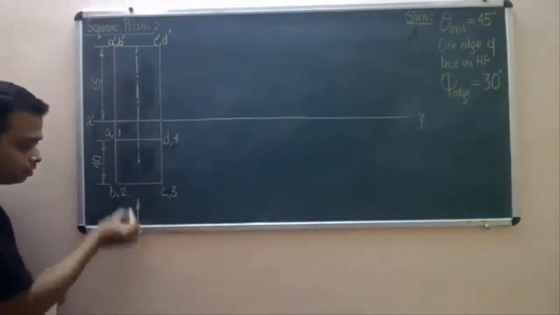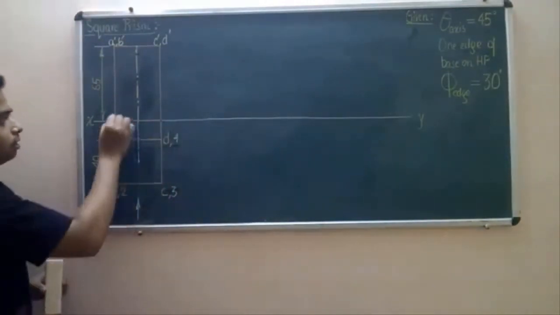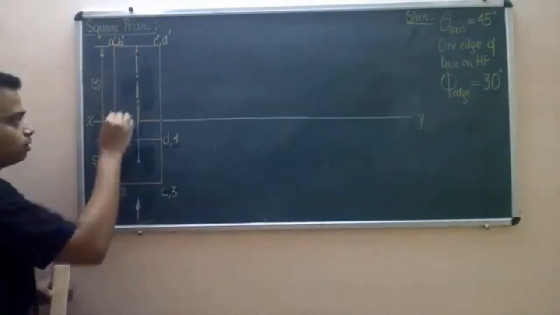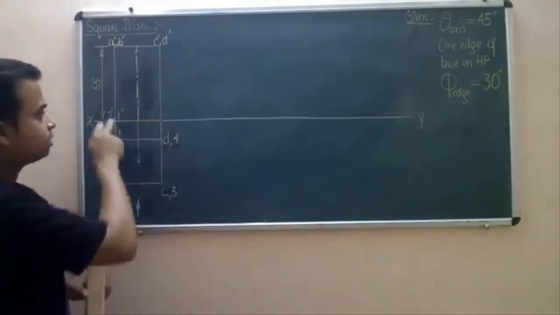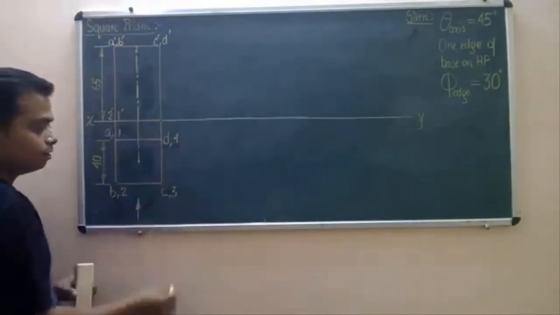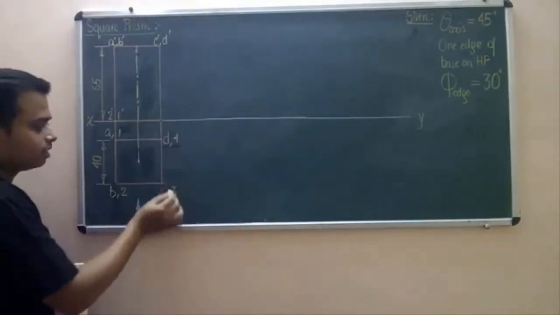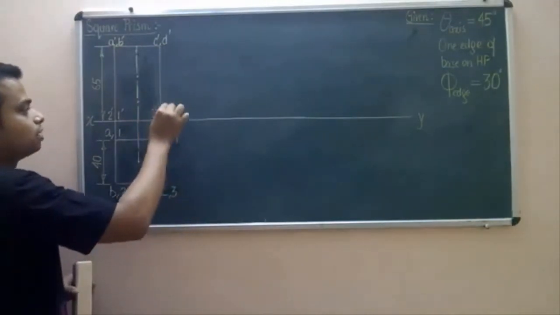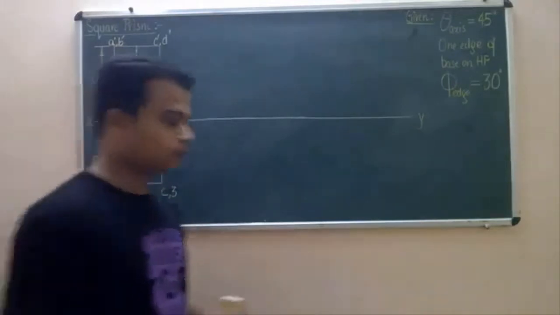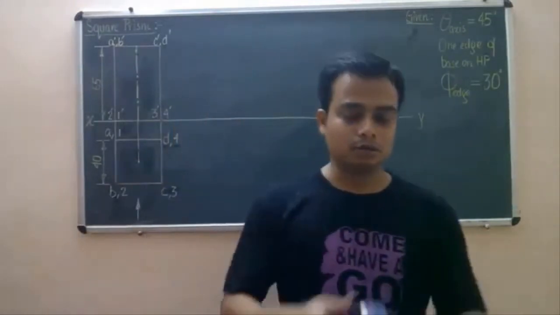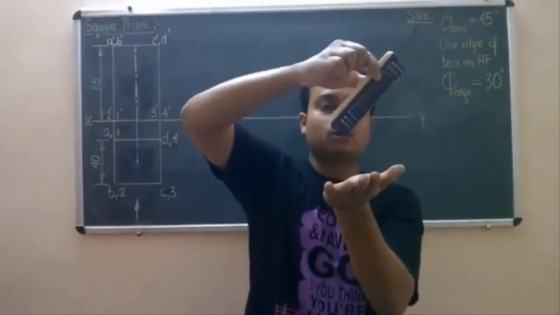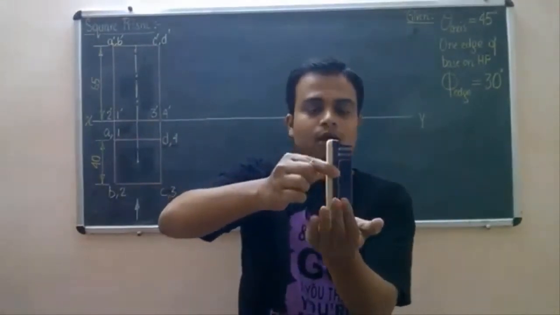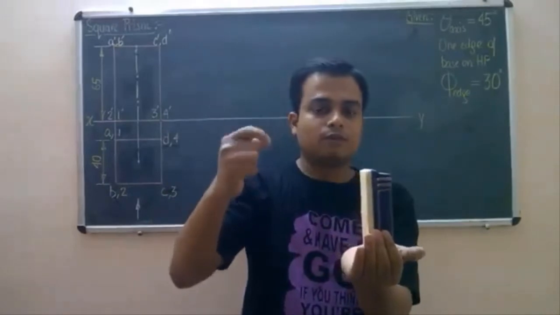If you start viewing this from the front, you will see this point 2 dash first, behind 2 is 1, so we'll write it as 1 dash, since it is a front view, dash is mandatory. Okay, when we are looking at this from the front again, you will see point 3 dash and behind 3 is 4, hence its front view is going to be 4 dash. So that was all about the initial position. Okay, the axis was inclined like this, so what we did is we slammed it, okay, with its base resting on HP. We thought about the true shape of the base.